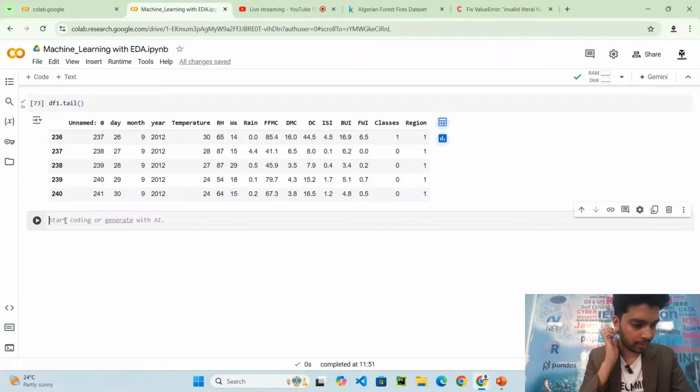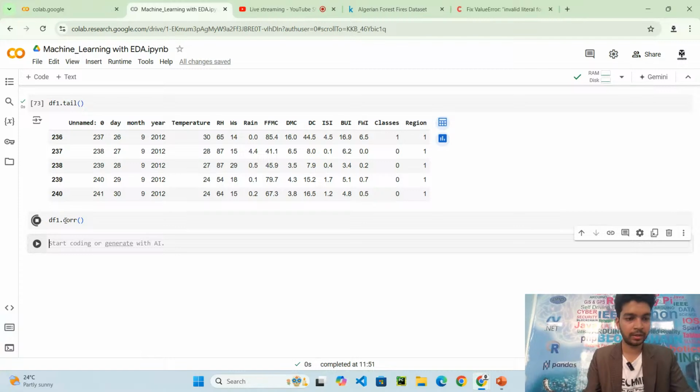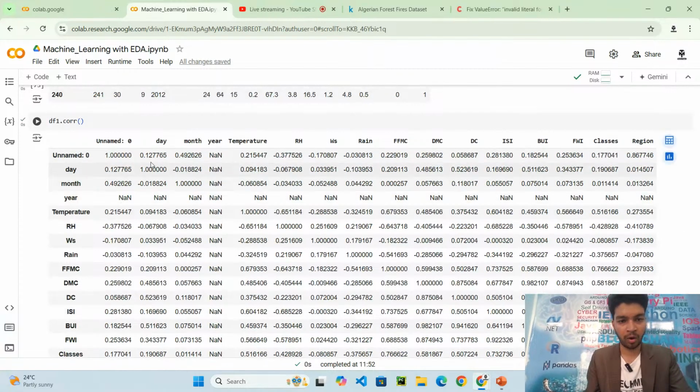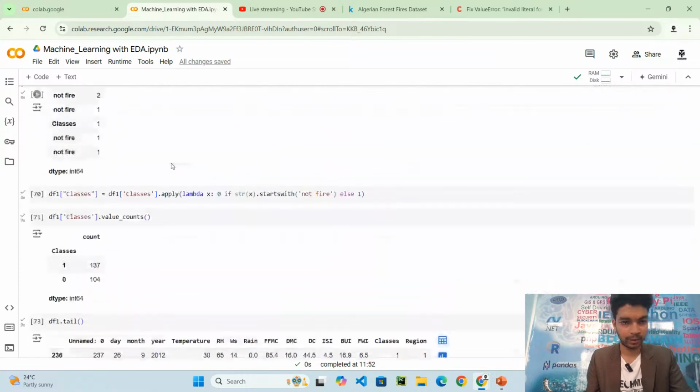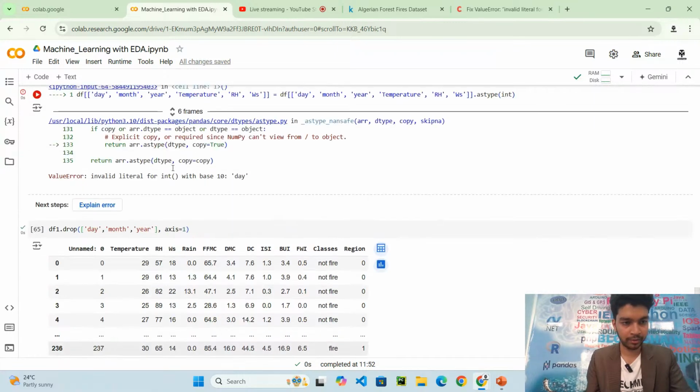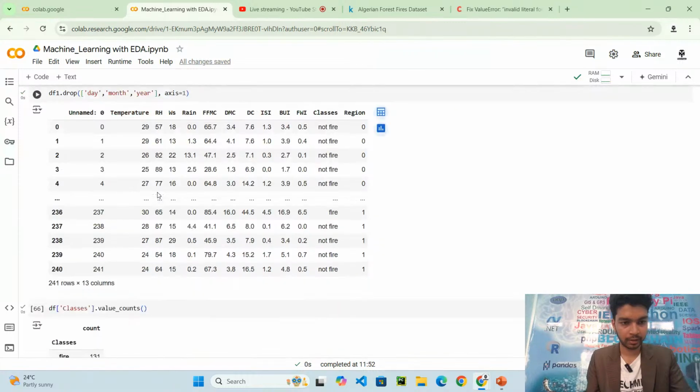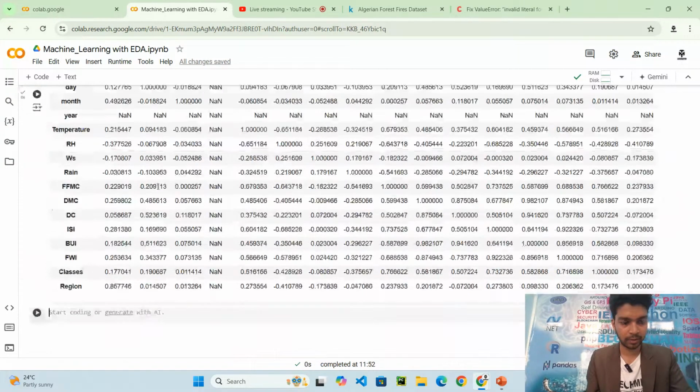Now I will do correlation and see df1 dot corr. This will basically give you correlation among all of your entire data set. I think I had dropped this value.